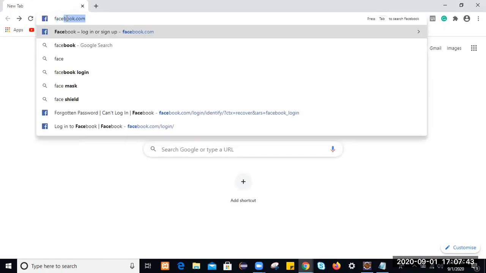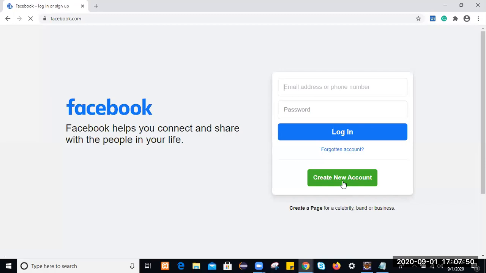When you navigate to the Facebook page, you will be on this Facebook login or sign up page. On this page, let's do inspect.